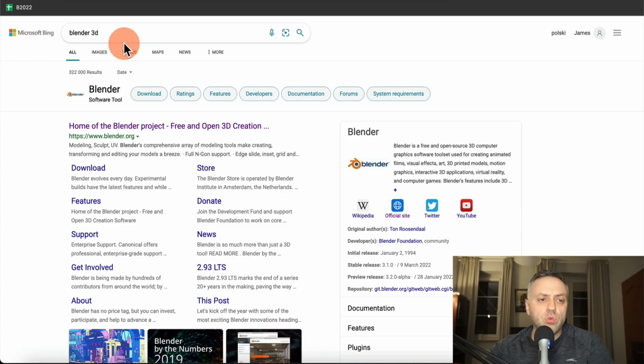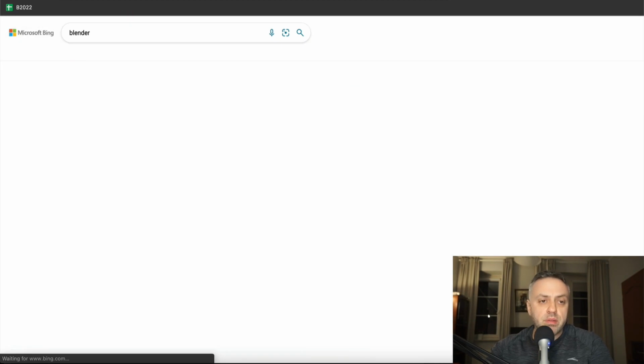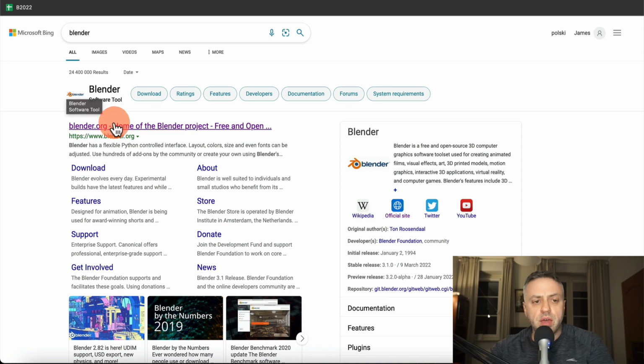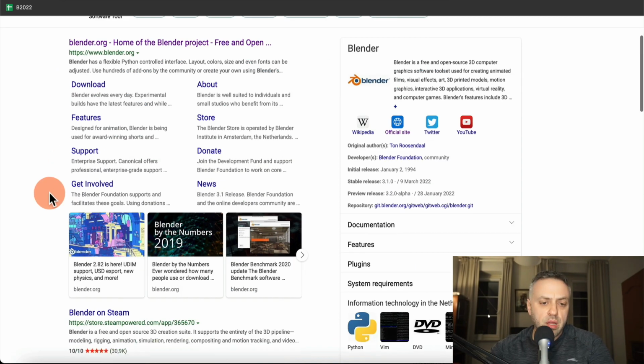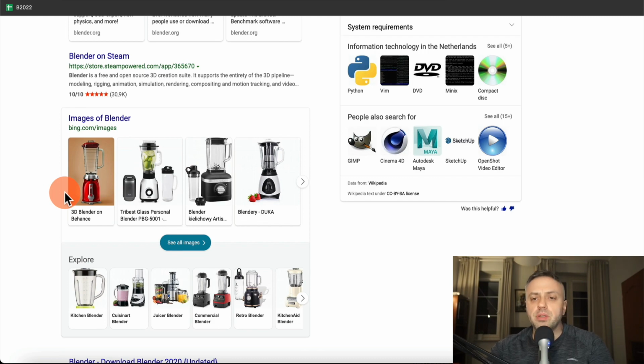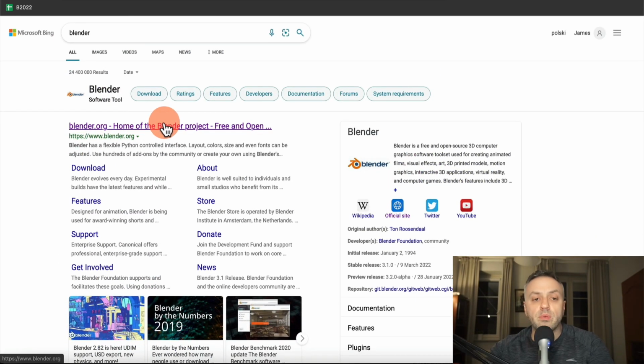So if we go to Google or Bing and type Blender 3D, or you can even type Blender if you want, but you may get results for other things. So yeah, if you type Blender, you see Blender software tool. We're not talking about a regular kitchen blender. This is something else, right? This is a software tool. And here's the thing, even if you don't know what Blender is, even if you have never used this tool, you as a business-minded person need to at least understand what exactly it does. You don't need to be an expert in Blender. You need to know what it is in order to build a successful app around it.